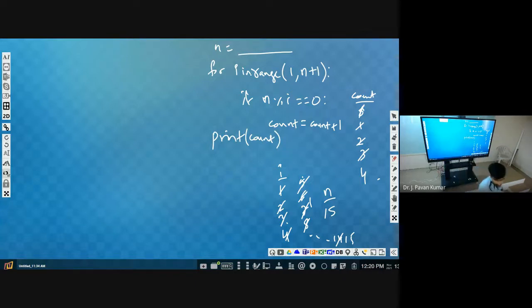Okay. Next, write a program to check whether the given number is a prime number or not.